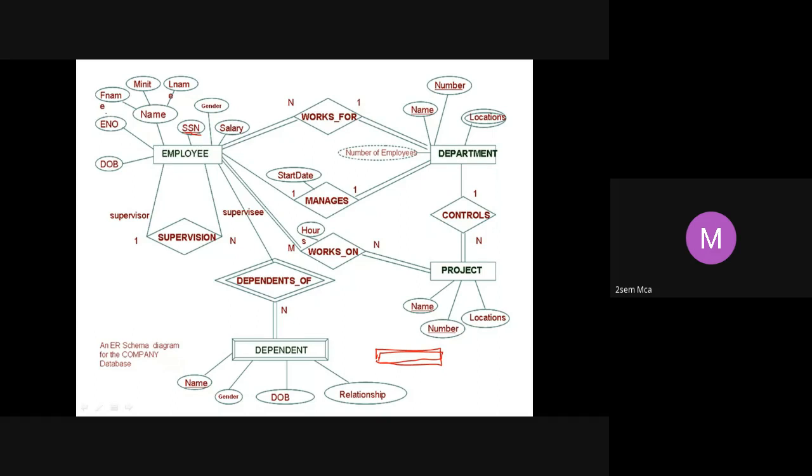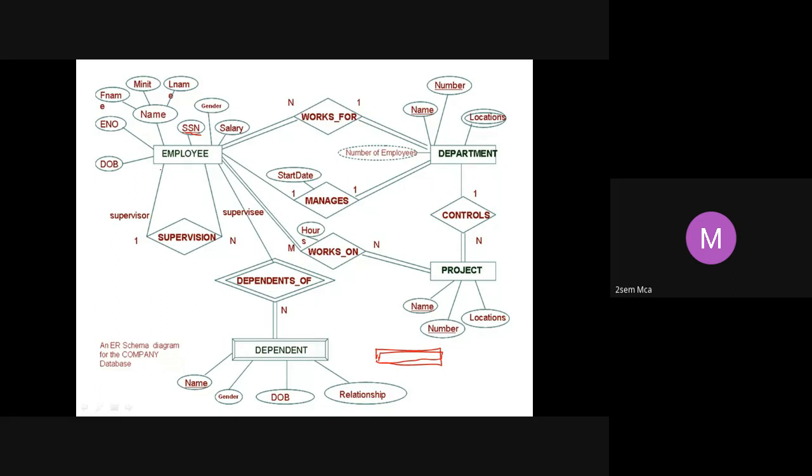Right. Now, these are the entities. So we have identified 4 important entities, of which 3 are strong entities, 1 is a weak entity. Now, every entity will have some attributes. Attribute means something which is going to describe that particular entity. How do I describe this employee?